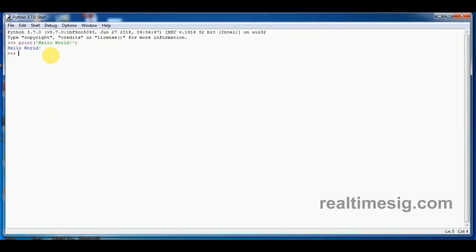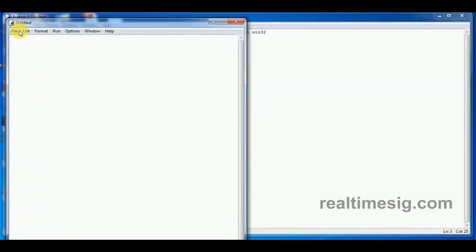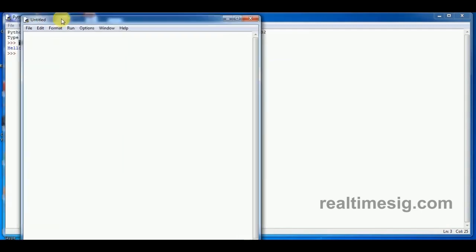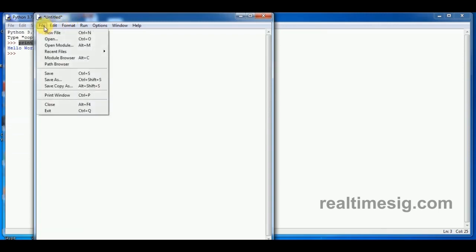Now that we know that this code works, we can copy the text by using Ctrl+C and we create a new file and we paste our code. Before we run this code, we need to save this file. You can say save as,